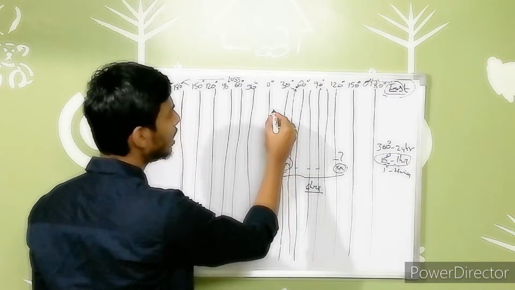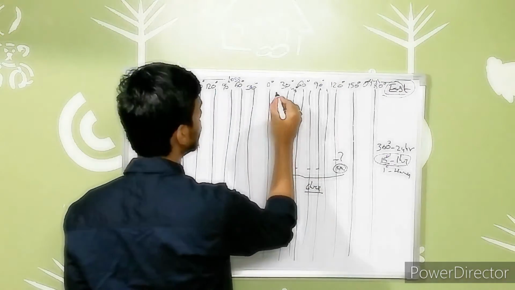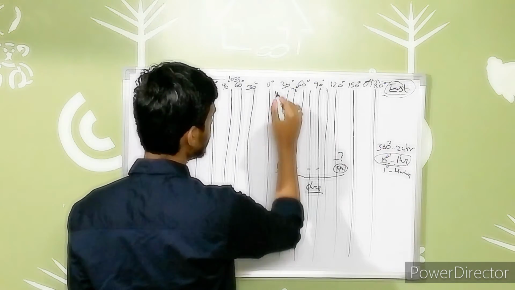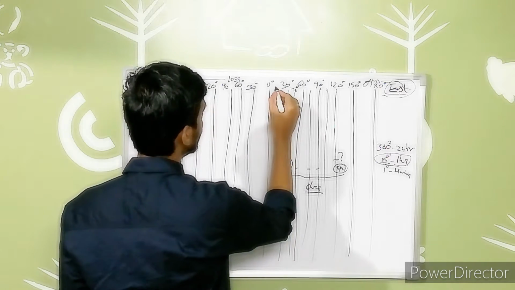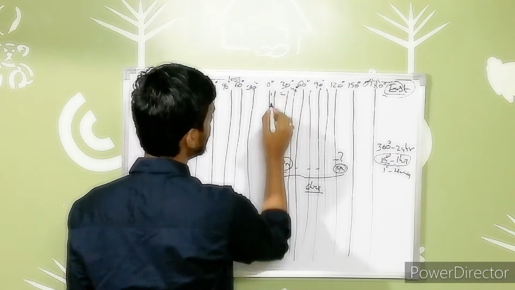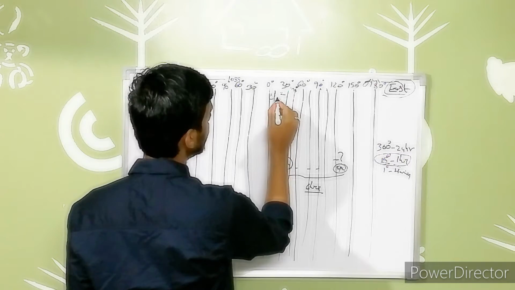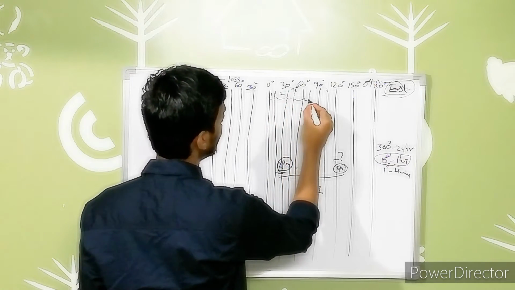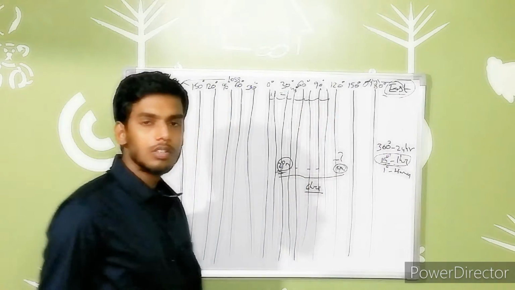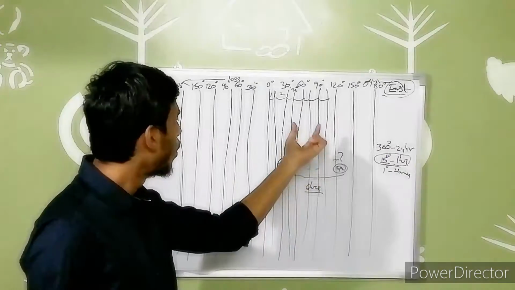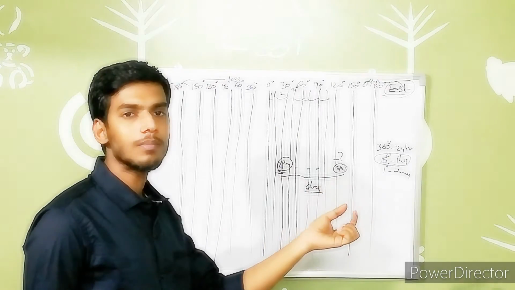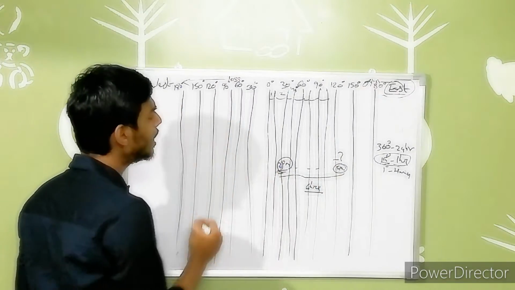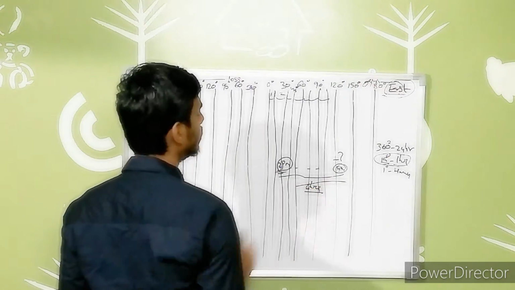When we are seeing this in terms of time zones, we go from 15 degrees, in between this 15 degrees line is there. So this is 1, this is 2. That means one time zone is 1 hour ahead. After that, 2 hours ahead, like that 3, 4, 5, 6, 7. So one thing: for every 15 degrees, it is ahead by 1 hour. That's it, right? This is one of the concepts.